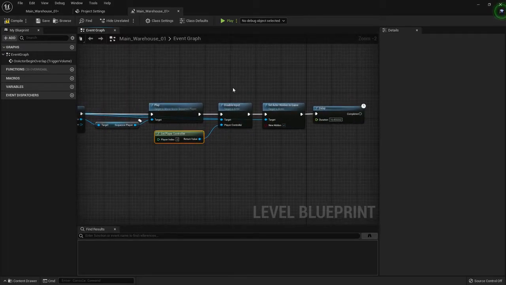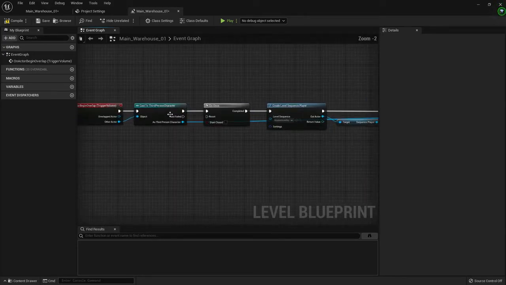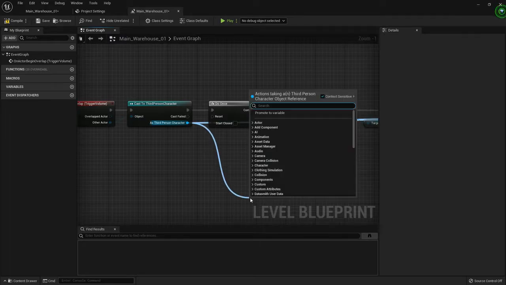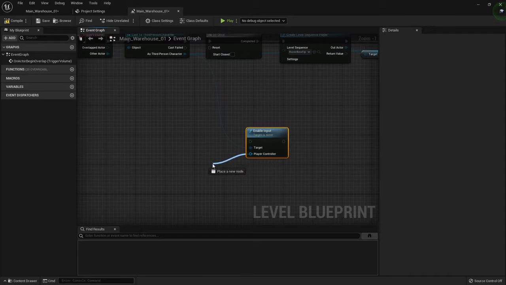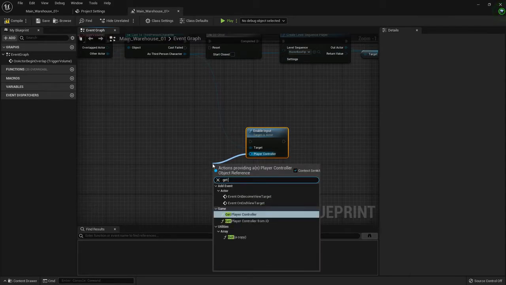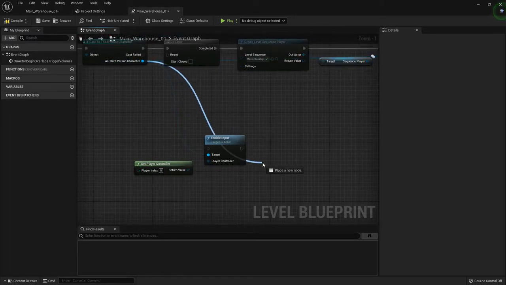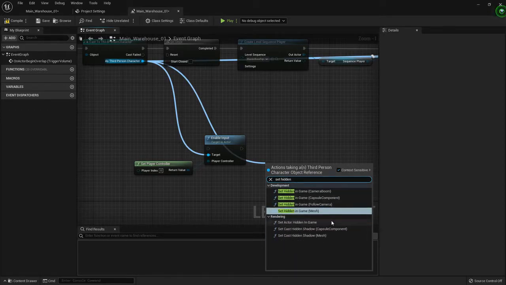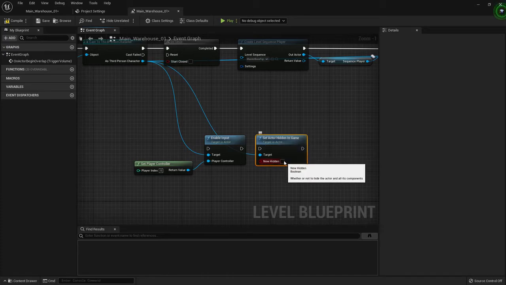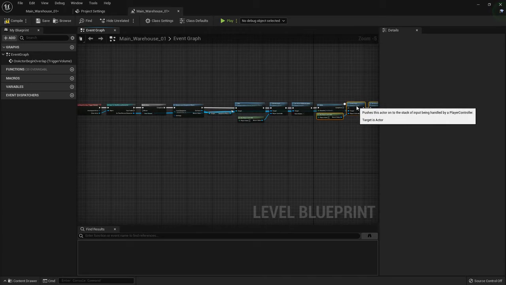And what we can do is duplicate, or sorry, I probably shouldn't duplicate these. What we'll do is go back to our third person character here, and we'll go enable input off of player controller. Once again, we're going to get player controller. And then we're going to drag off of here again, and we're going to set hidden in game. We're going to grab the exact same node, except this time we're going to leave this checkbox unticked. And so we'll just drag this over here,